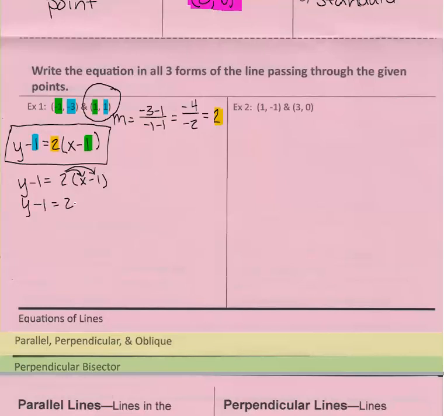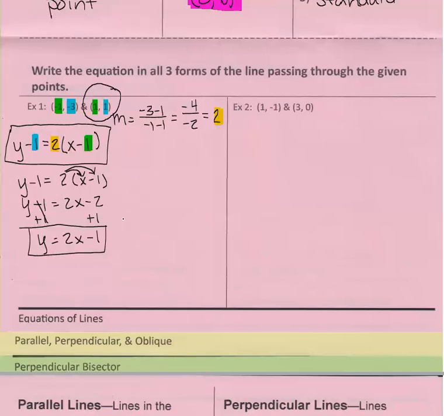2 times x is 2x. 2 times a -1 is -2. And then we need to move our 1 over to the other side, so we're going to add 1 to both sides. And y is equal to 2x minus 1. That is our